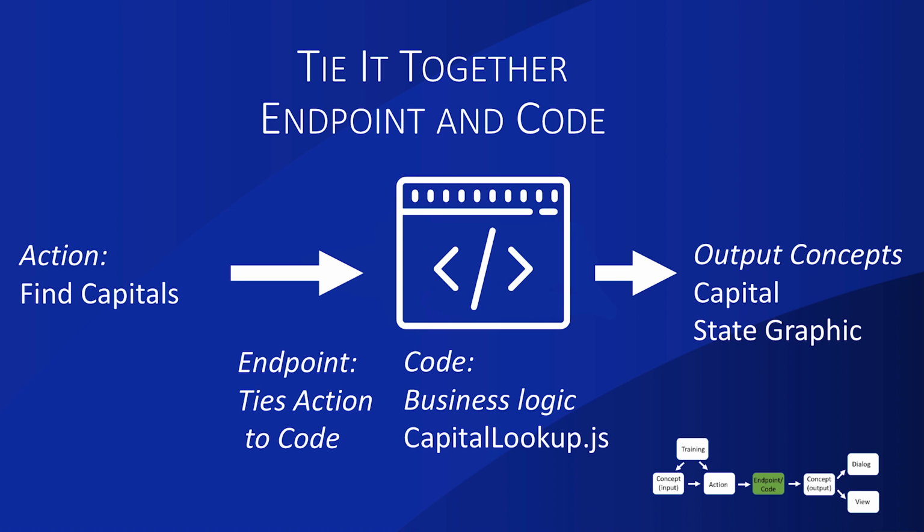We need to create two things. One is an endpoint, and this is how we model taking that action and calling our logic. And then we actually need to write our logic, our business code. And we do that in JavaScript. Capital lookup.js is our logic for taking the state as input, finding the capital, and sticking it in that output concept itself. So with that, we've actually talked about enough to get a really basic Bixby capsule